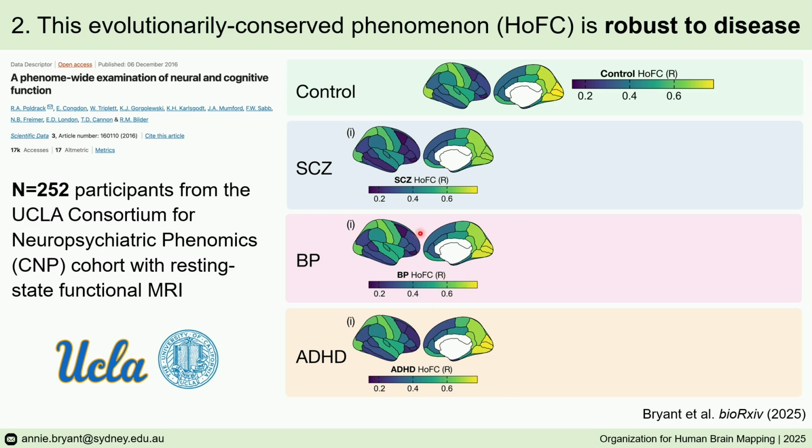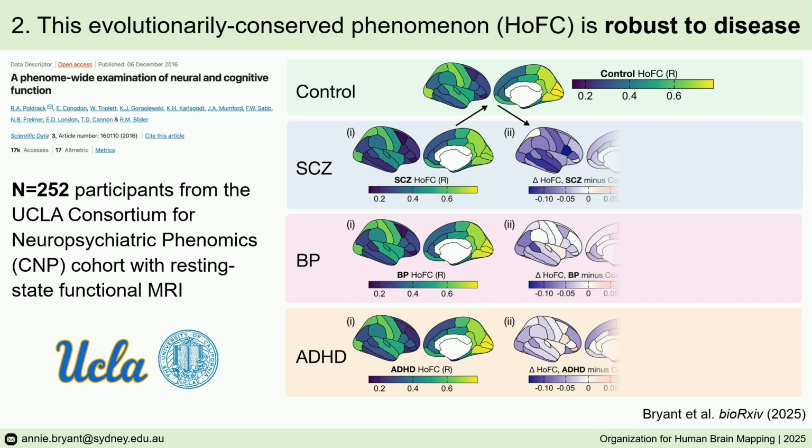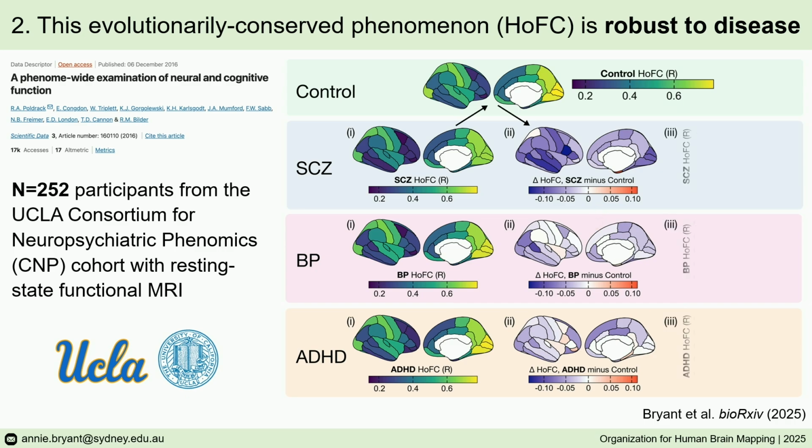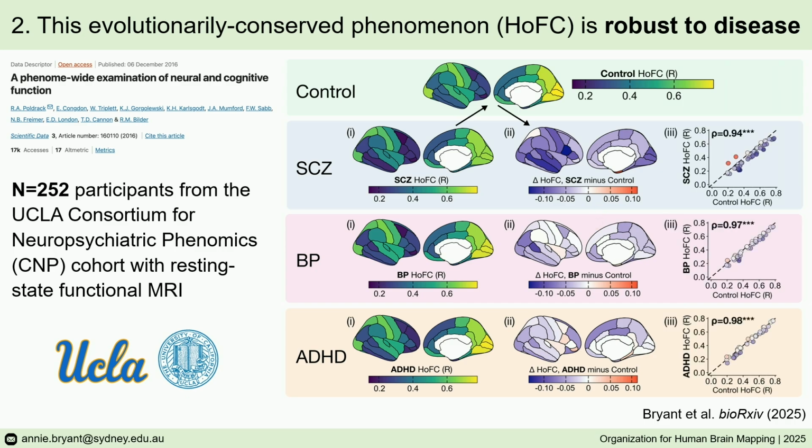And these cortical maps visually demonstrate markedly similar trends in high versus low homotopic coupling relative to controls across the cortical sheet. Though when comparing the difference in coupling values per disorder, we found these heterogeneous disease-associated perturbations that were predominantly negative, meaning reduced homotopic coupling in the corresponding disorder. But these changes were relatively small, and ultimately, the resting state homotopic coupling gradient was still nearly perfectly preserved in